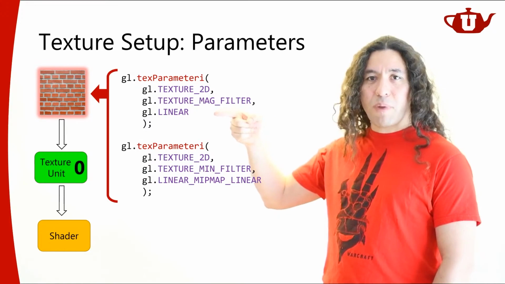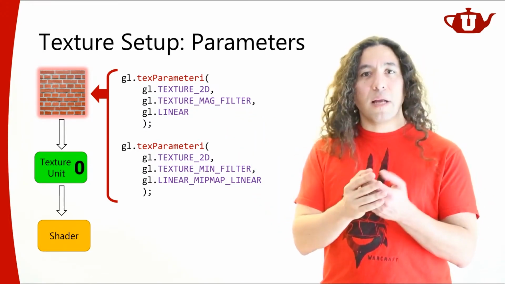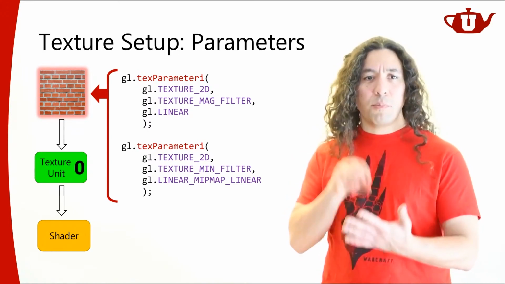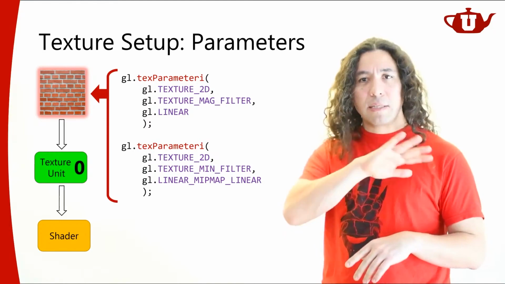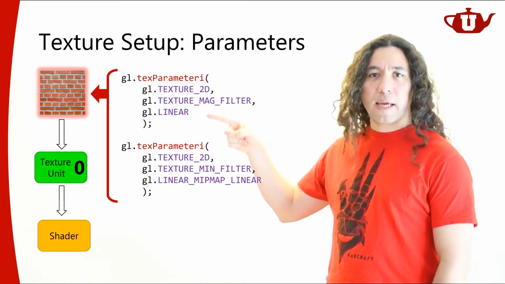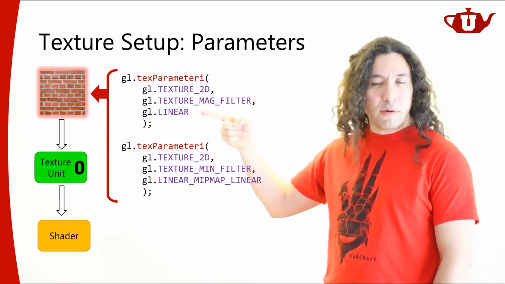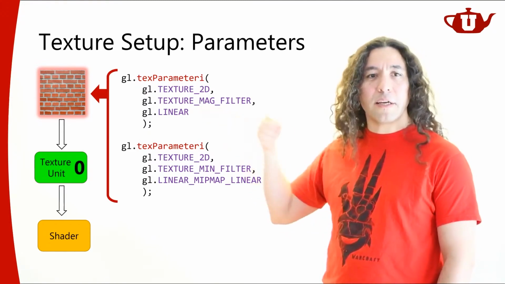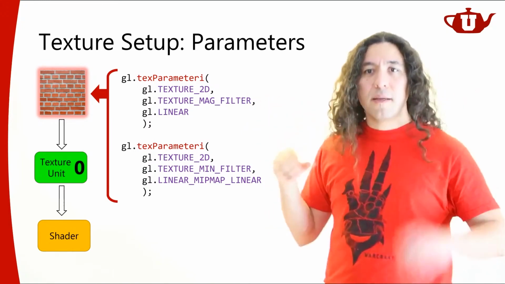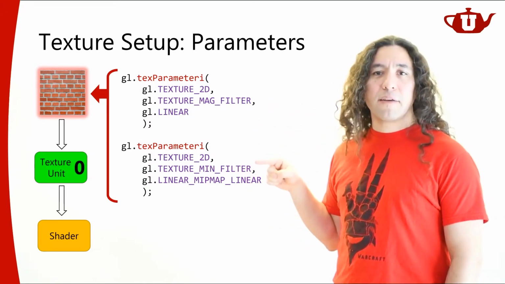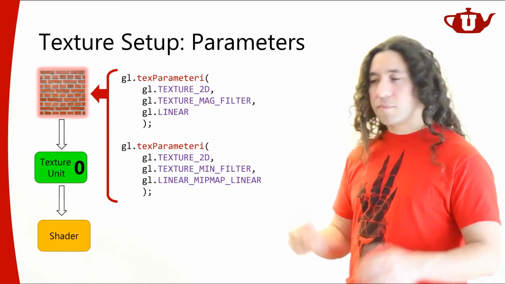And this is bilinear filtering. That is, if I'm looking at my texture a little too close, like I've zoomed in to a part of my surface such that my pixels are sort of spread apart now, I need to interpolate between them. This is saying use bilinear filtering. So in OpenGL or WebGL, we call it just linear. But this is bilinear filtering when you're zooming in, and this is trilinear filtering with mipmaps when you're looking at your texture from a distance, right?